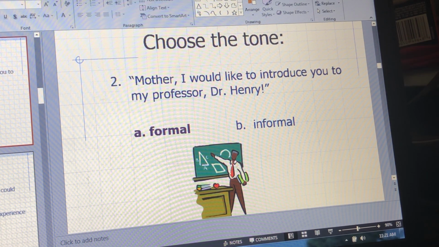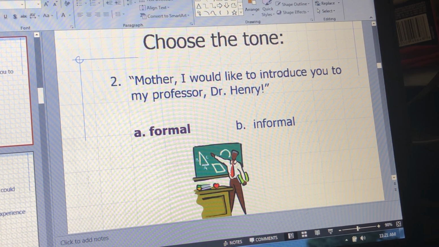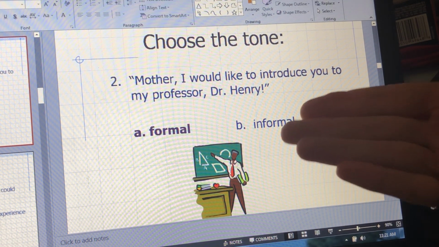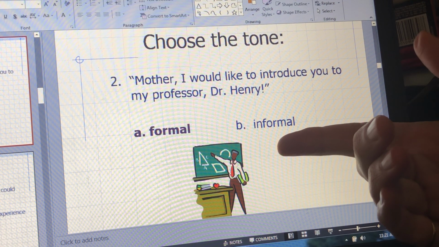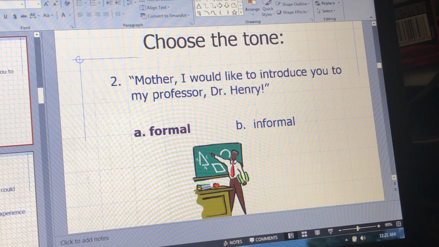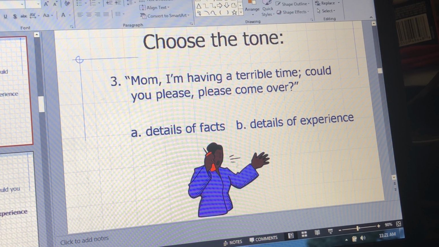And this brings us back really to a discussion on code switching that we've had earlier in the semester, back when we saw each other face to face. And knowing when it is appropriate to use more formal language, and when it makes sense to use informal language. Successful code switchers know how to switch between the formal and the informal, depending upon what circumstance they're in. Okay, you would talk this way in an interview, I would hope. If you're just talking to your friends and introducing them to another friend, you might not be this formal. So choosing the tone helps you understand the difference between